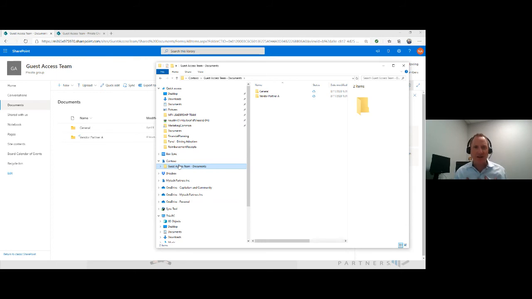It's also very convenient. So if it's not necessarily about being less savvy, it's also that I really like being able to sync because it allows me to, instead of going into Teams and navigating to SharePoint and opening files, I can go right to my file explorer if I might already have that open. And the thing that I really like about that, I encourage folks, if you haven't thought about this